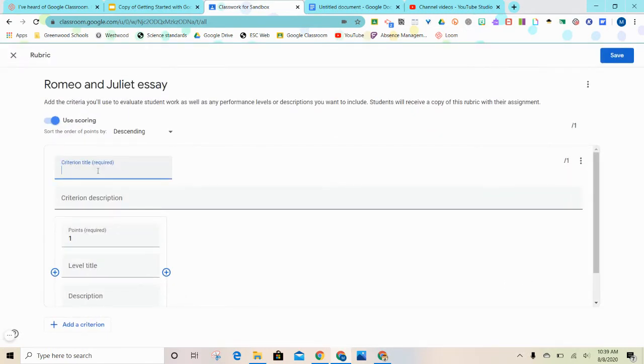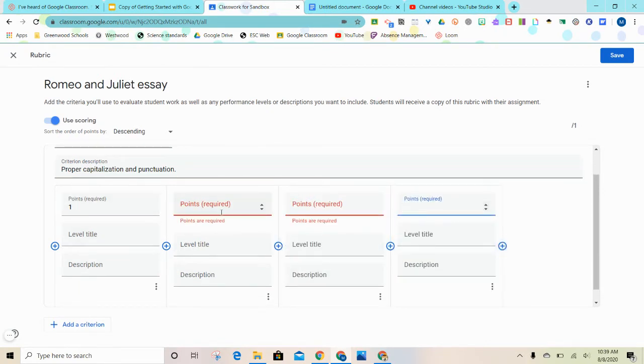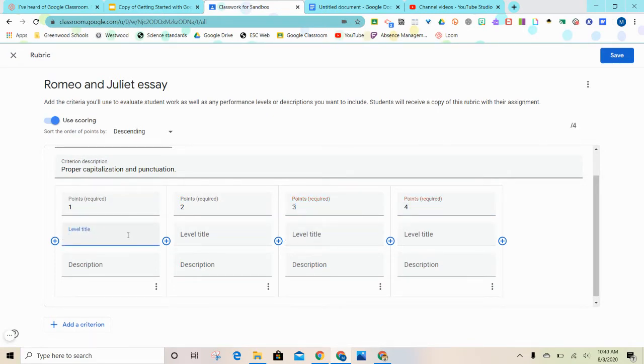So simple. So let's say I want this to be their mechanics. And I am going to just give it a description. So proper capitalization and punctuation. Now I just like a 4, 3, 2, 1 scale. So that's 1, 2, 3, and 4. And then I give each of these a title. So you will be much more creative with these titles than I am. Just for this purpose, I'm going to go with below basic,